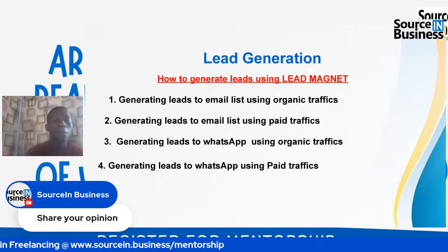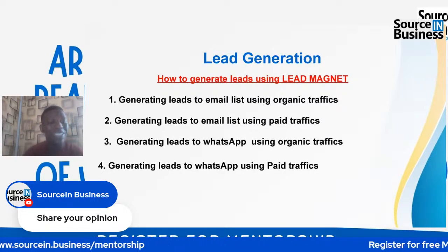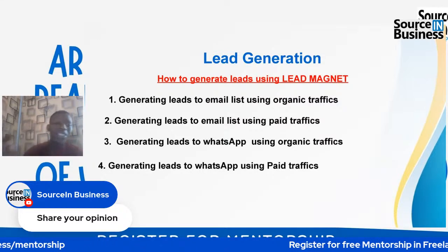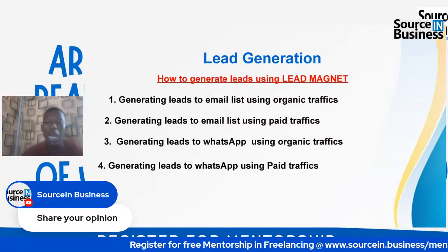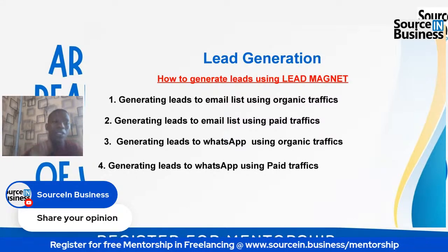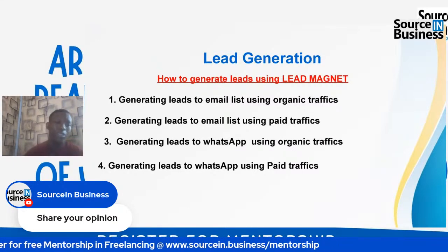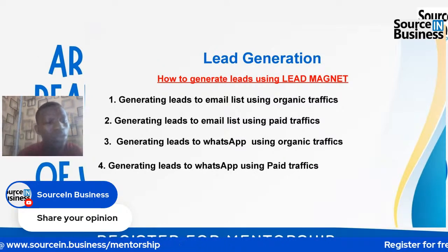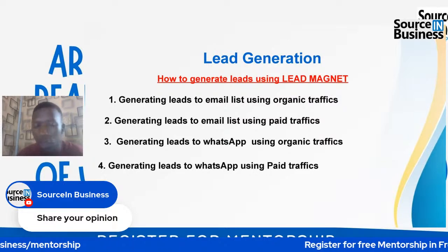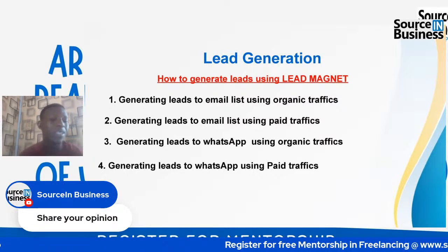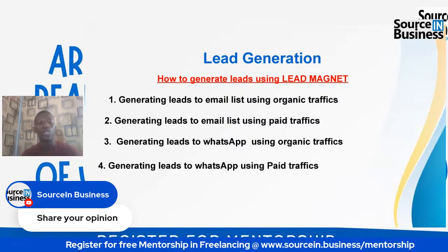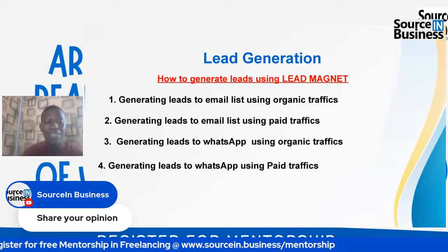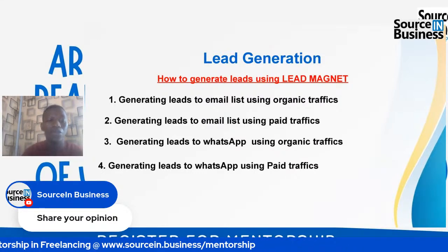Once they see your campaign, they can click the link and get directed to your WhatsApp. And once they get directed to your WhatsApp, the first thing to do is for them to save your contact. Once they save your contact, you save theirs and give them access to the stuff you promised them. So that is very easy. You can use social media marketing to do this, like Facebook adverts, Instagram adverts, Twitter adverts.